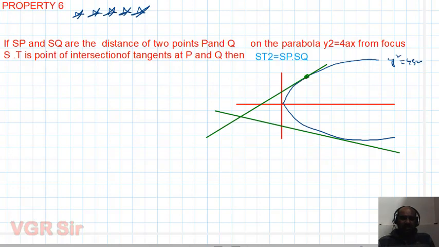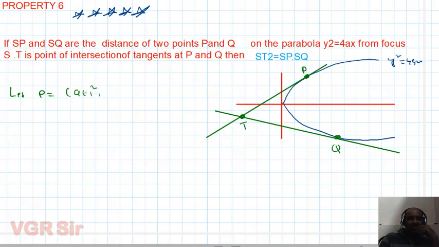Say this is P, say this is Q. This is T. So PQ is not a focal chord, just a chord. That is an important thing. So let P be taken as